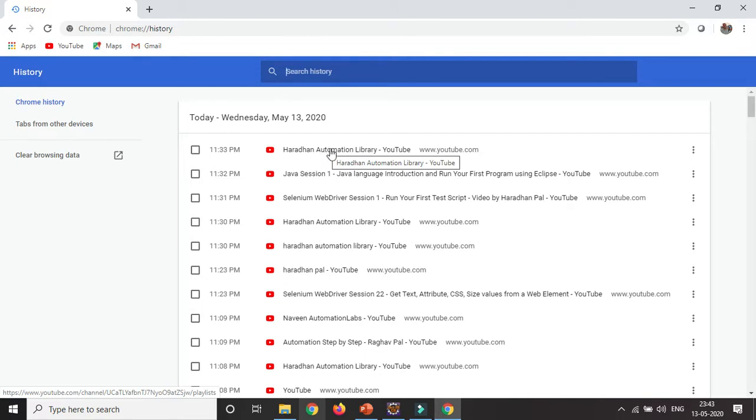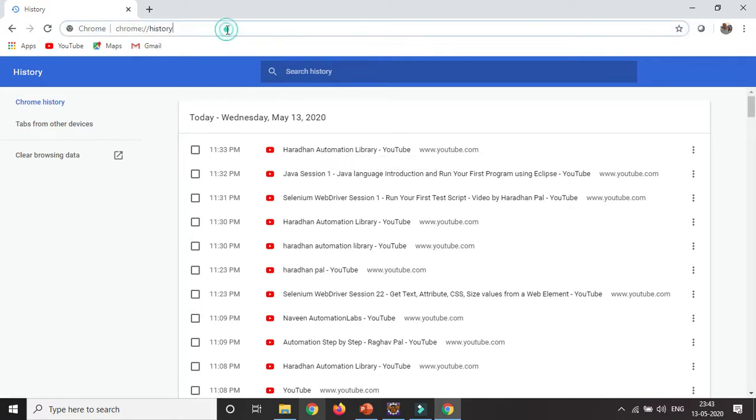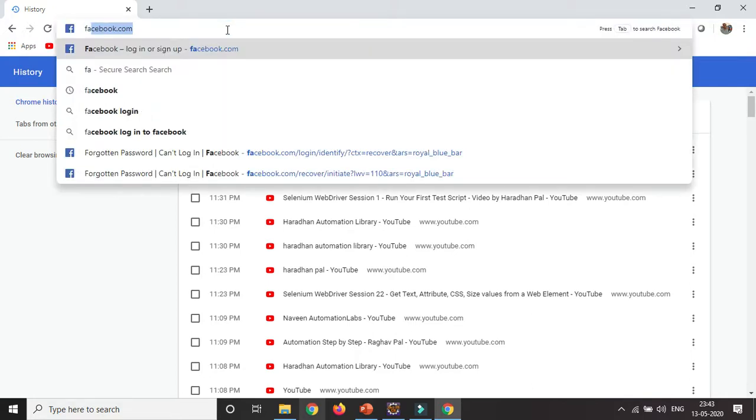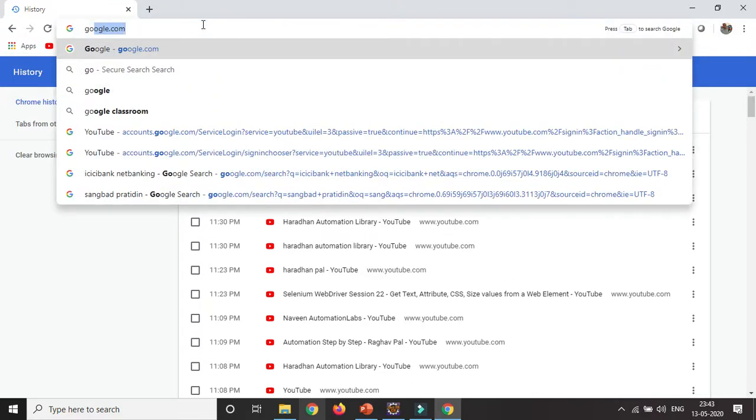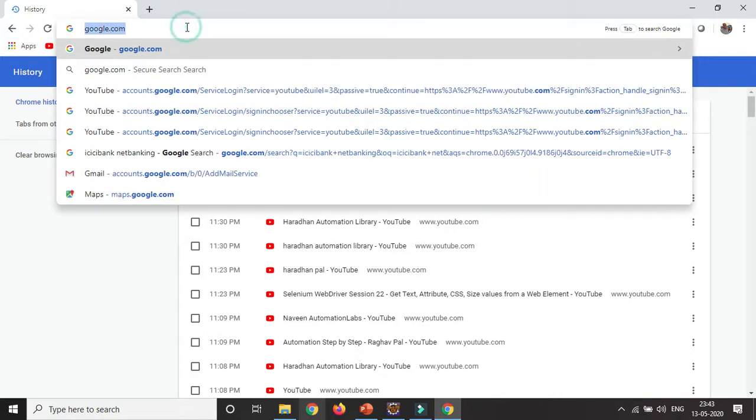So that is the importance of cookies. Otherwise, I would have to navigate to different websites again. Suppose Facebook: if you press F, obviously the Facebook details that are already there come up. Similarly for Google, if you press Go, you can see all the related Google entries already in my cookies. That's why cookies play an important role for any browser, because each time you don't need to type or enter the URL properly.